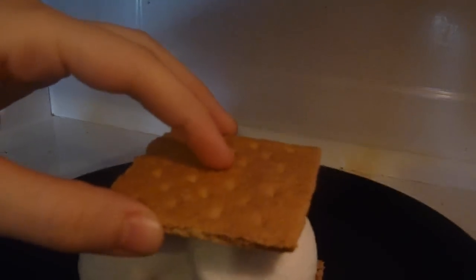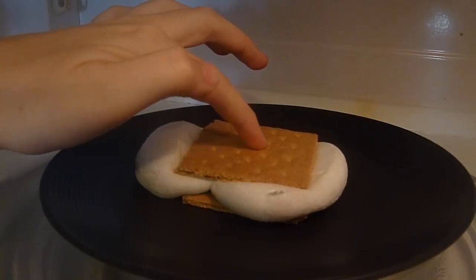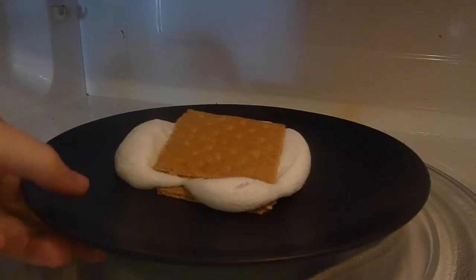You smash down the other half of your graham cracker and let it cool for just a few seconds, and then